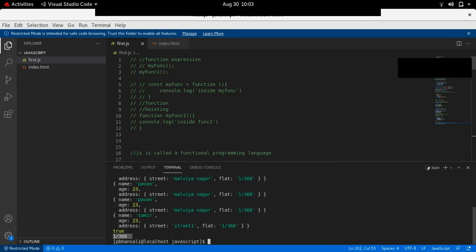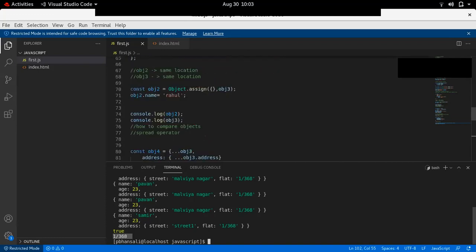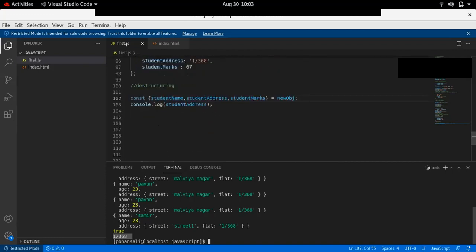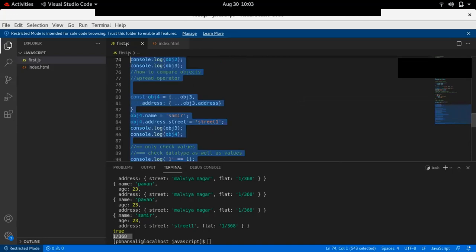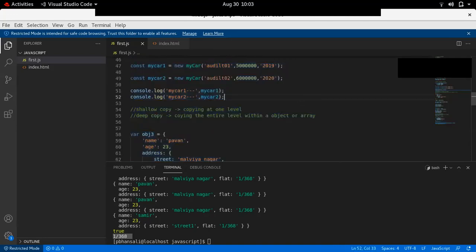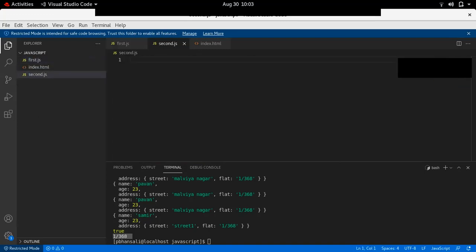Yeah, sure. So now let us go to another topic, and let me make a new file. That is called arrays. Have you heard about arrays? What are arrays? We use square brackets for arrays.